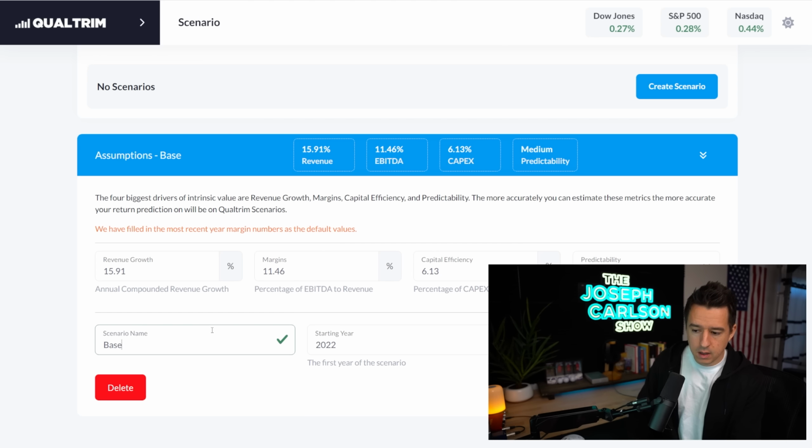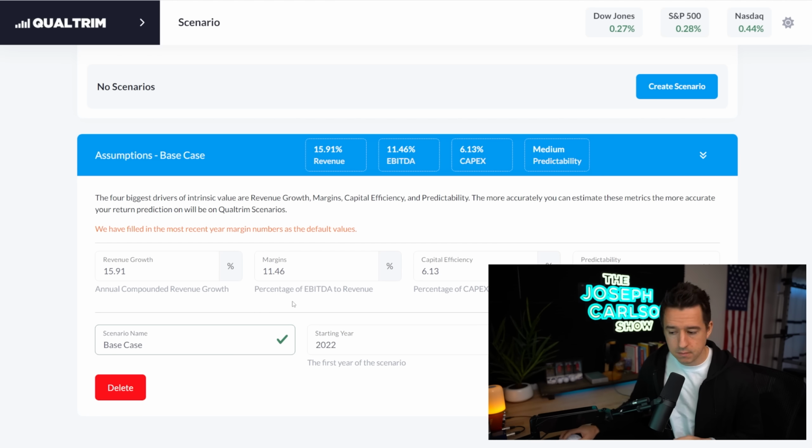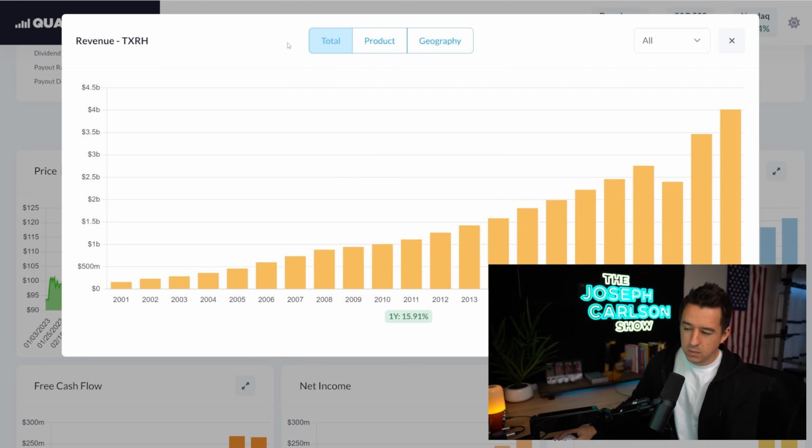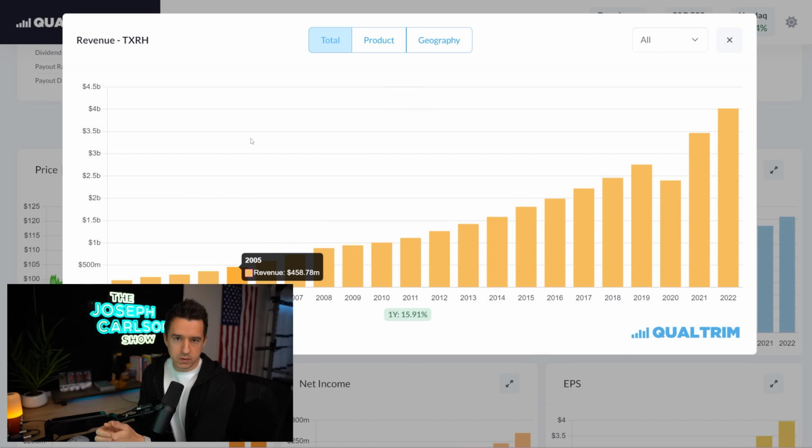I'm going to say base case. You can name these whatever you want. I'm just naming them boring. This is going to be the base case, which means what I most likely think is going to happen. In my base case, I don't really believe Texas Roadhouse will grow 16% per year for the next 5 years. I think it's more likely to slow down to their historical average, which is around